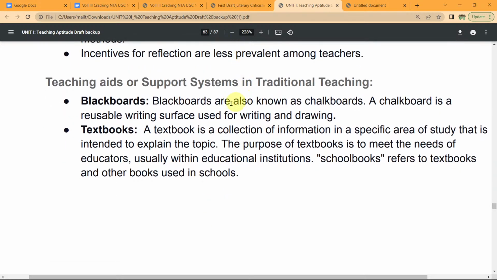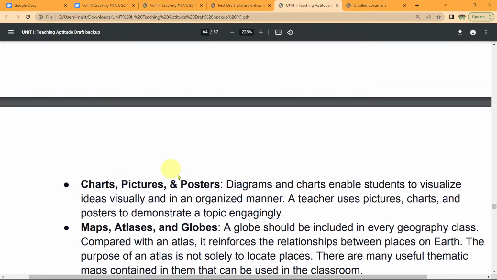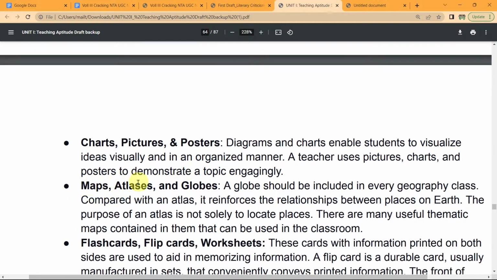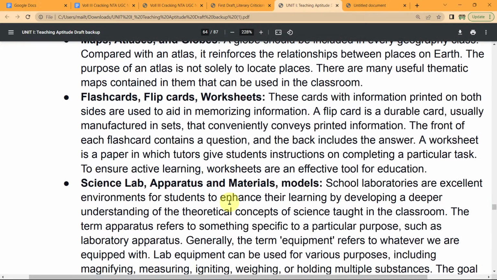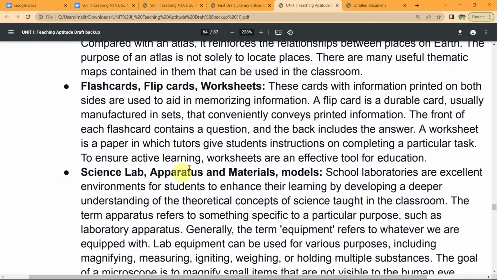Now we'll talk about the blackboard. Simple, we don't have to explain whatever the teacher writes on the blackboard. And textbook, of course, everybody knows. Chart, picture and poster, we'll just know the names. And maps, atlas and globes, flashcard, flip card, worksheet. A flashcard is a card with information printed on both sides, used to aid in memorizing information. Got it? Science lab,